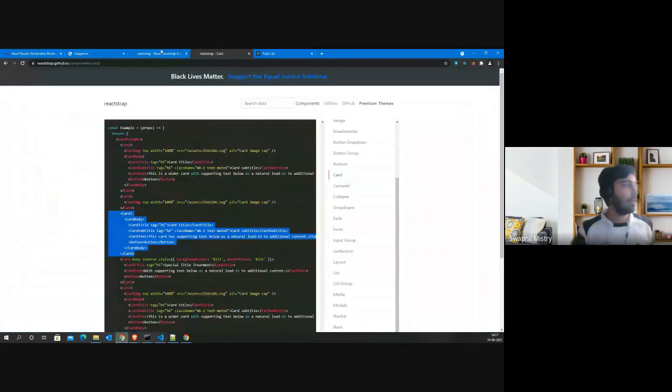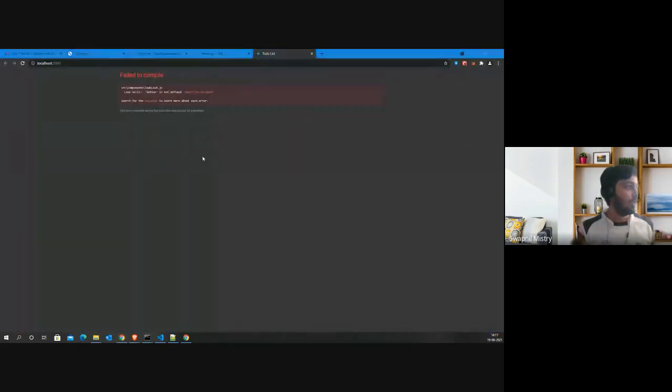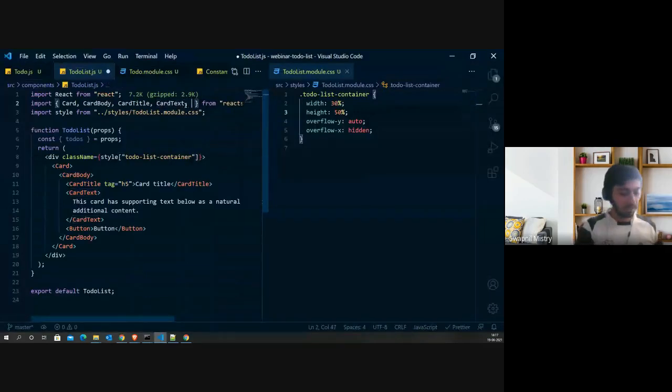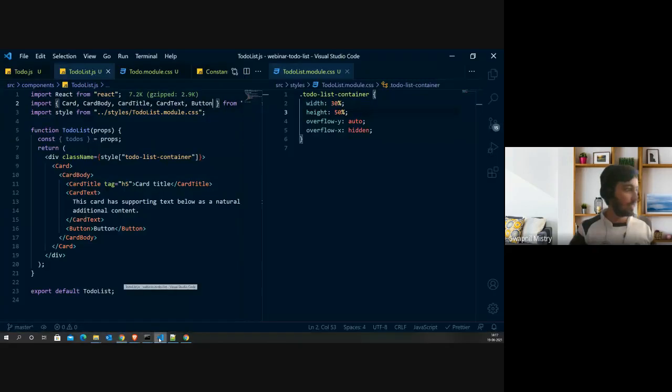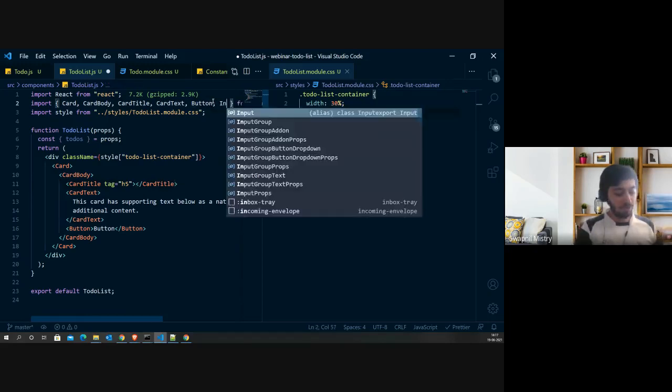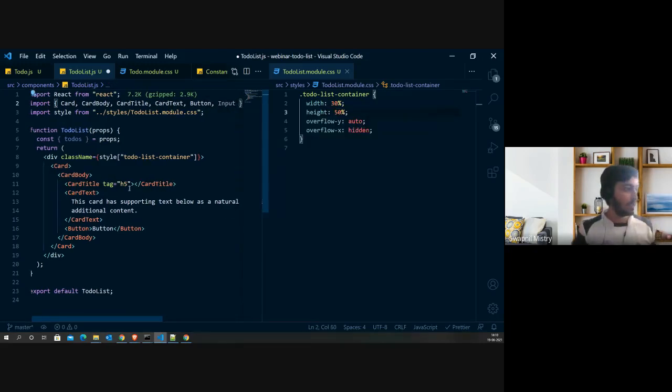Let's just save it and try to see how the UI will look like. This button is not defined, so let's import Button over here. Save it. Okay, sounds good. So it's looking good now. Let's just try to make a couple of changes. So inside Card Title, okay, we don't want this title to be there, right? Instead of this, we need a checkbox. So what we can do is we use something called input, as we did earlier. So inside this Card Title, I need to add an input tag.